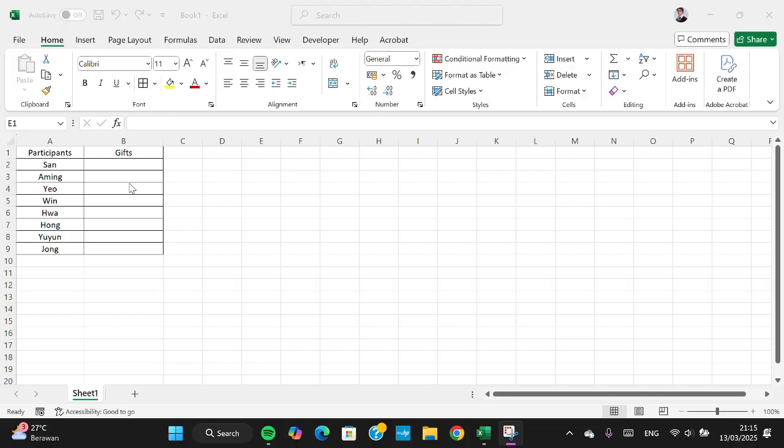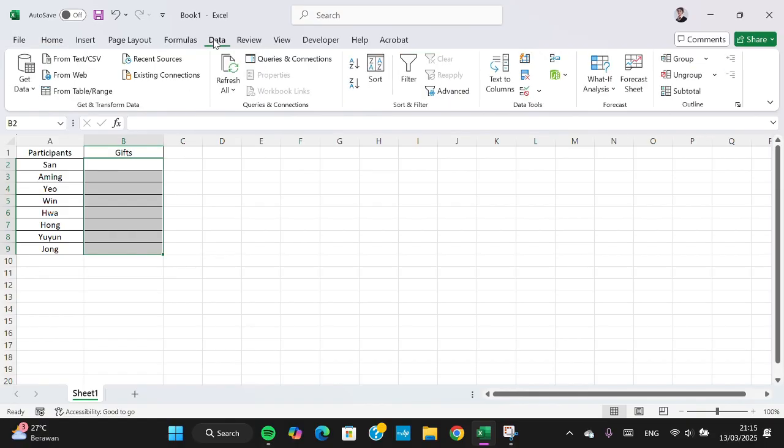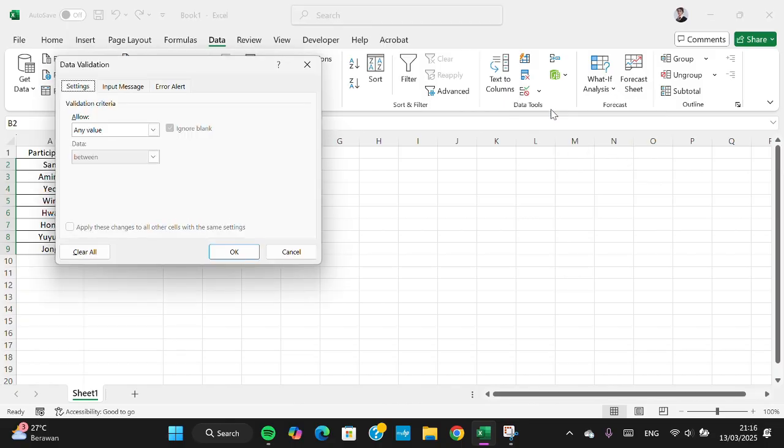I'm going to create the list of gifts, and if we want to add a drop-down list, we need to select the column first like this. You can select the column or the row you want to add the drop-down list to, and after the column has been selected, you can go to the Data menu and go to the section Data Tools, and you can choose Data Validation here, and then you can select the data validation, and here you can add